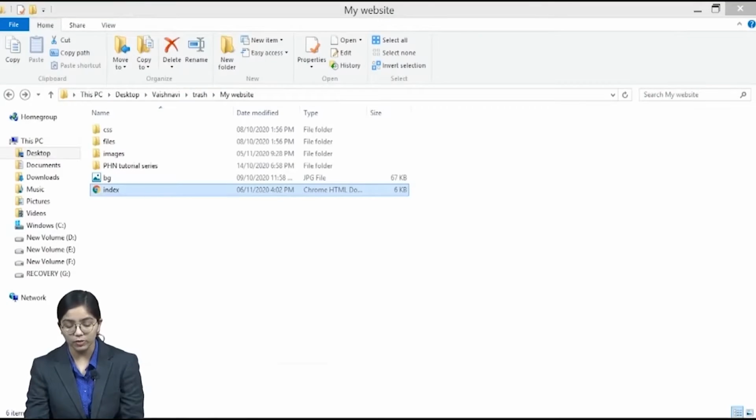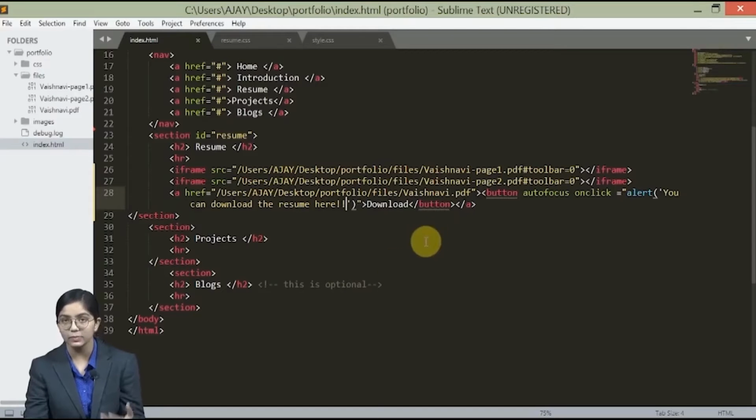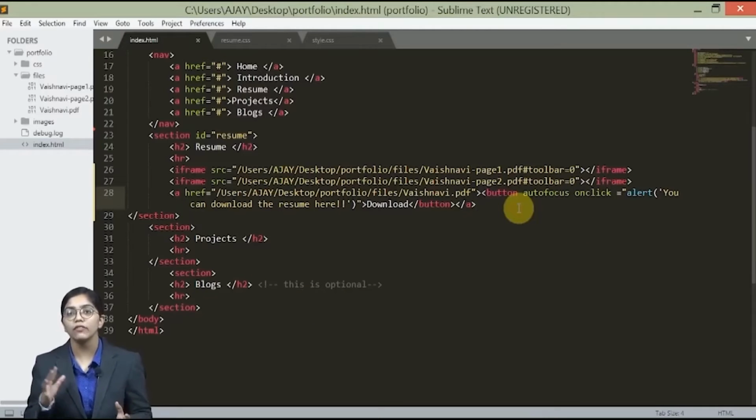So we have learned about autofocus and button, okay, and some attributes which can be very useful for this particular section. Now we cannot explain every attribute of a particular property. We cannot explain every value of every attribute. So here is where you explore. If you have any doubts, you can always put them in the comment box and we will reply to them. Okay, so we are waiting for your doubts eagerly.